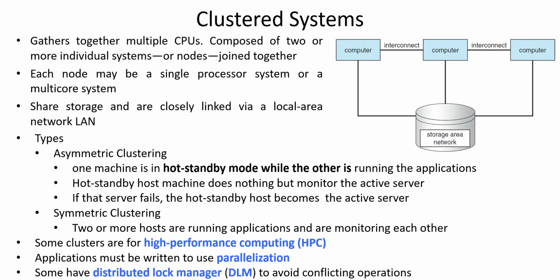There are two types of clustering: asymmetric clustering, where one machine sits in hot standby mode while the other is actively running applications. The hot standby machine does nothing but monitor the active server, and if that server fails, the hot standby machine takes over and becomes the active server. Symmetric clustering, where two or more hosts are actively running applications while simultaneously monitoring each other, so there is no